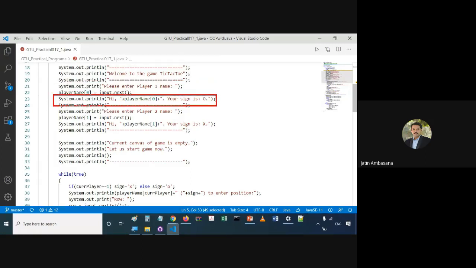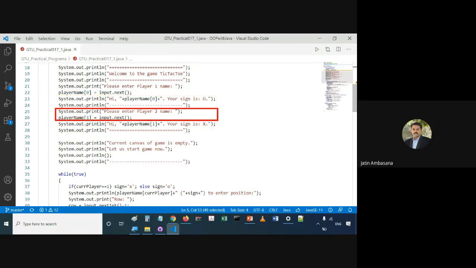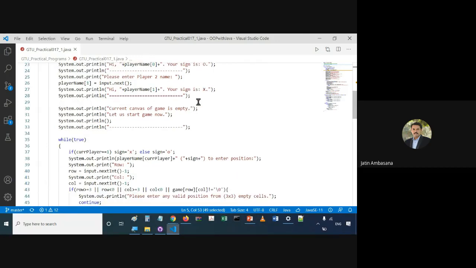And we say that your sign is O. Then we say please enter player 2 name. We read that particular name, and then we say for player 2 the sign is this. Okay. Then we say that currently the canvas of the game is empty. Let us start the game.